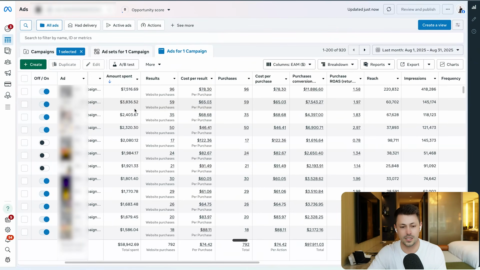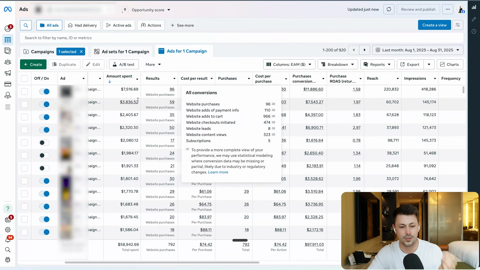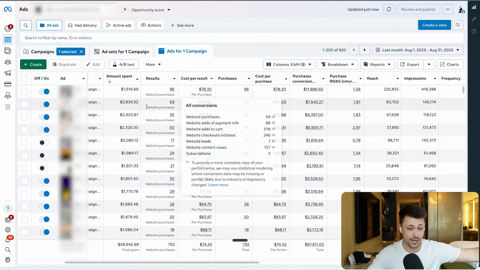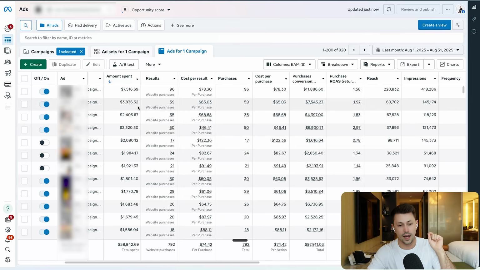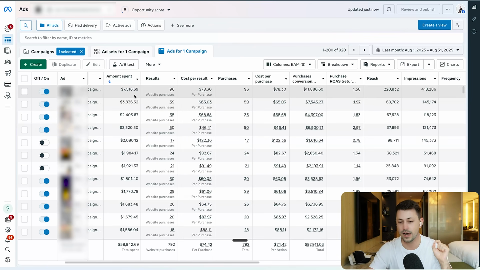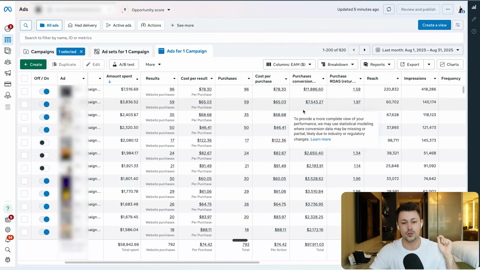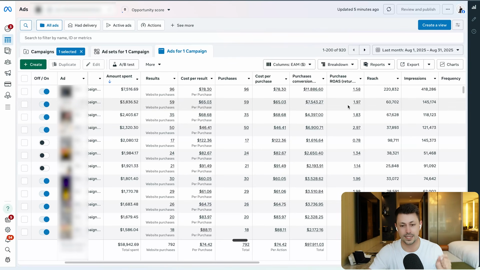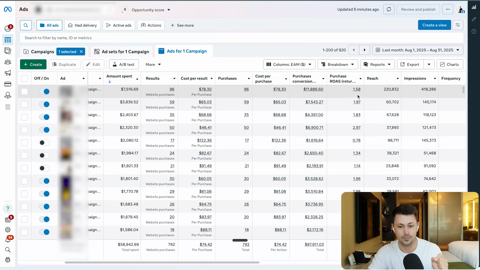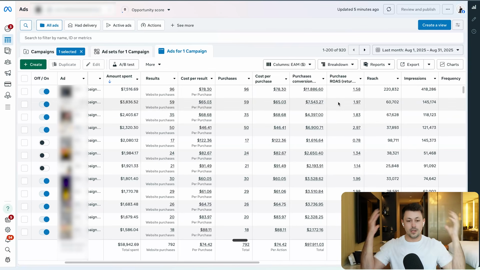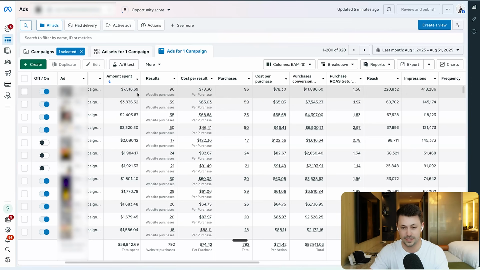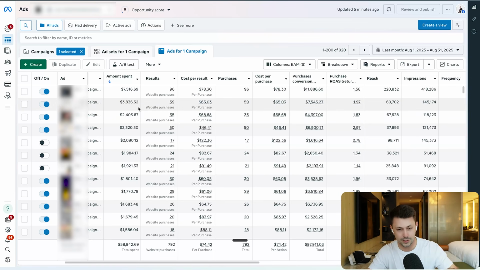So again, talking about elements of scale here, let's say we wanted to turn off this ad. The question I have everybody involved ask themselves is, if I was to take this $7,500 and put this $7,500 into this ad here, or even the top 2 ads in regards to spend, do I think that I would be able to get a better return on ad spend than the 1.58 that I'm getting? Well, let's just think through it. Here we're spending $3,800, which is essentially half of what we're spending here. If I was to double the budget on this ad,